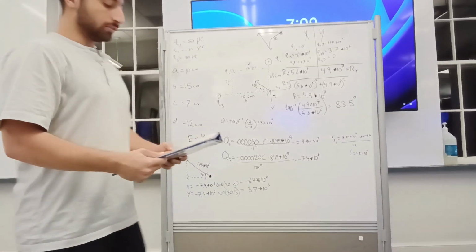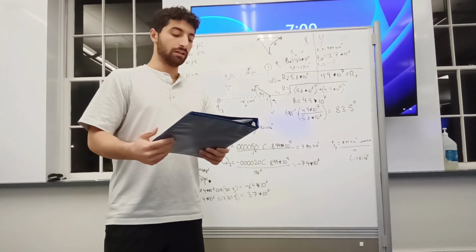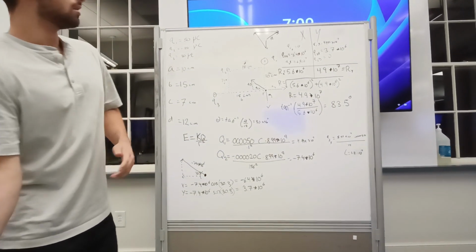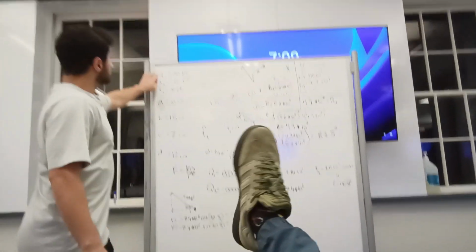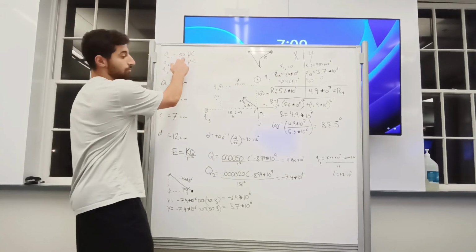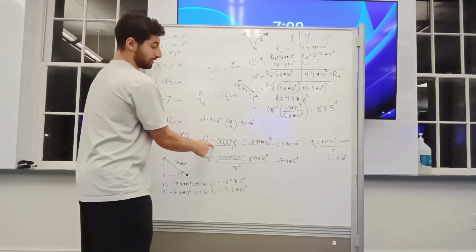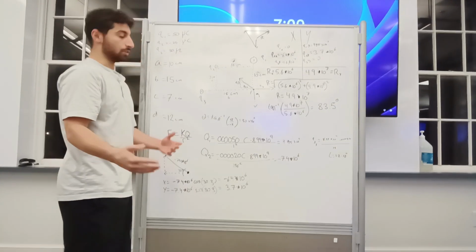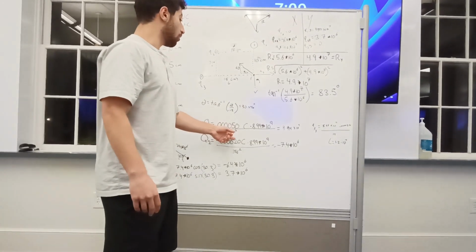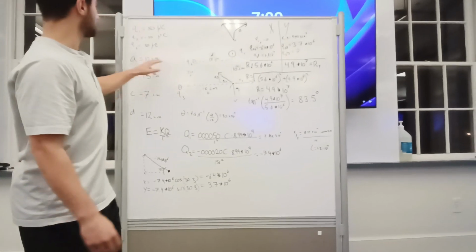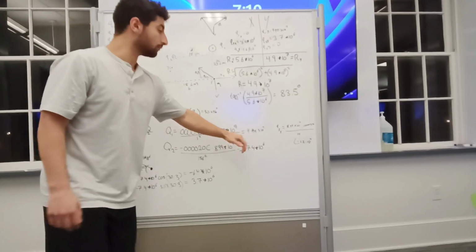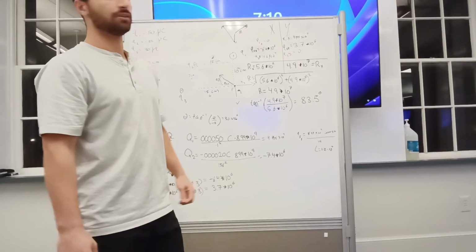So our equation for E equals KQ over R squared was for the electric field due to a point charge. We turn the microcoulombs back into coulombs, and that turns it into what we have down here. Q1 is equal to 0.00005 coulombs times our constant, which was 8.99 times 10 to the 9th, over our distance in meters, which is 10 centimeters, is 0.1 meter squared. We end up getting our 4.495 times 10 to the 7th,